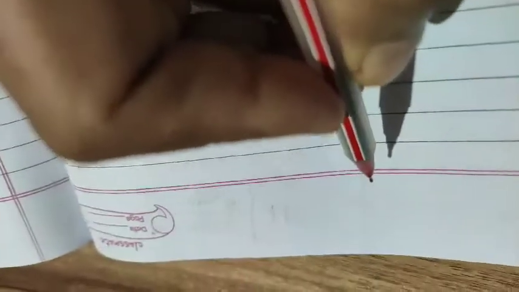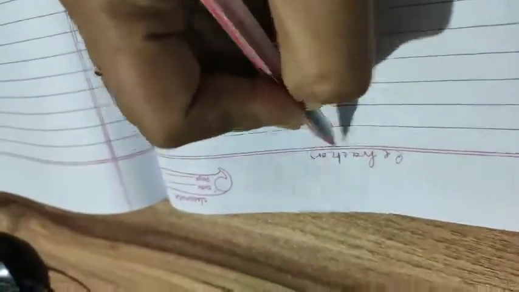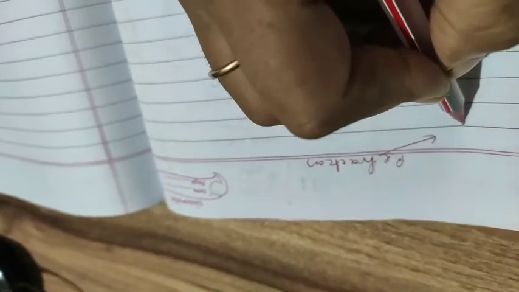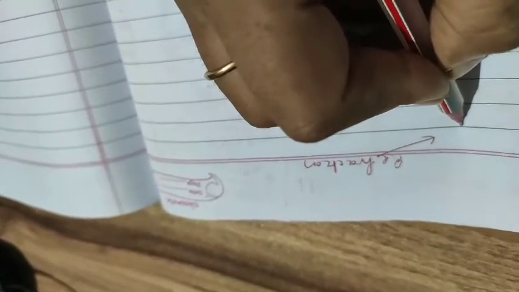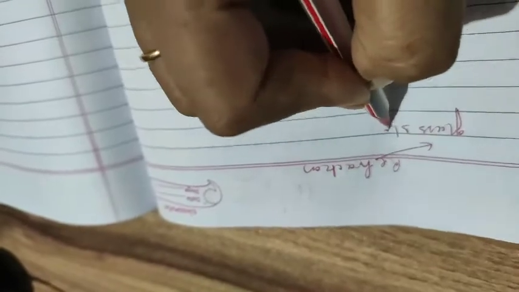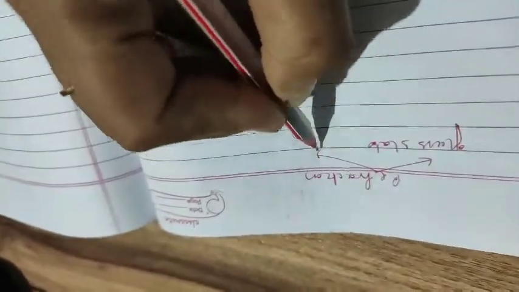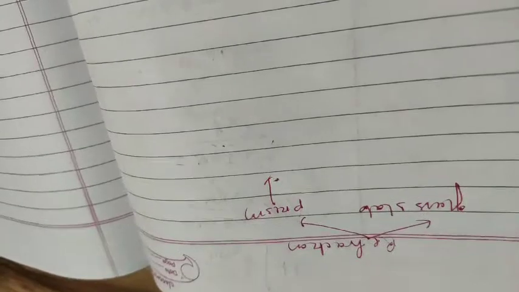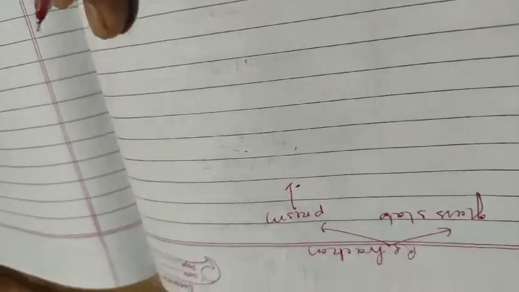Now we will start the topic, that is the refraction concept, which I have already completed for the glass slab. Now we will start the refraction concept of a prism. Clear? The refraction concept of the prism. First of all we will understand what a prism is and how it shows the refraction phenomenon.